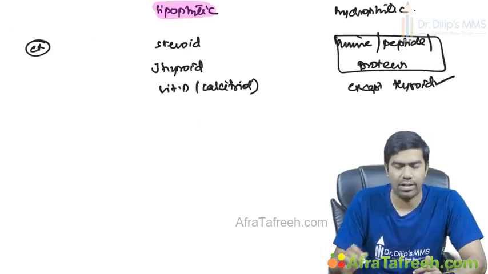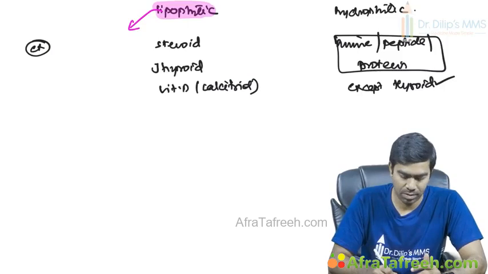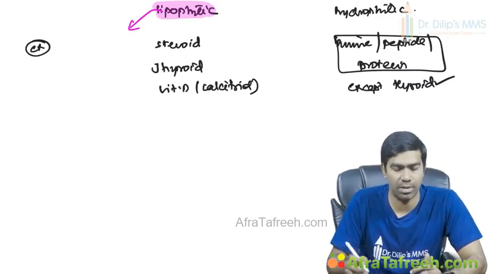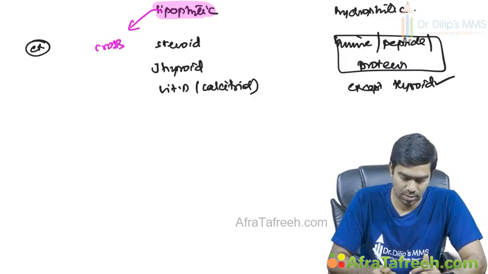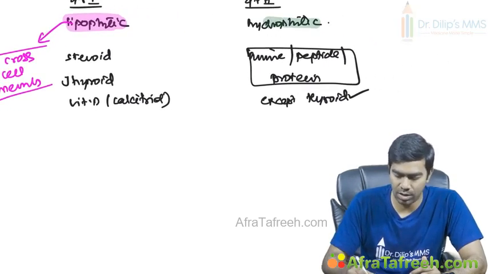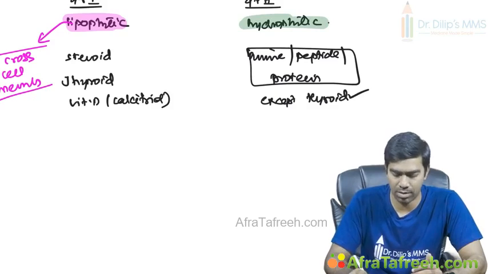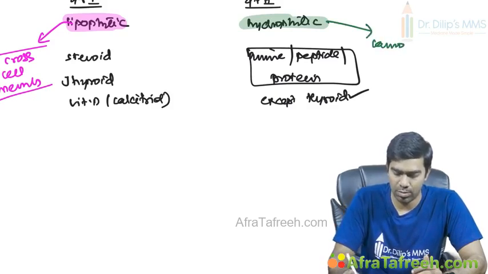Because they are lipophilic, that gives some important character. That is the case that they tend to be crossing the cell membranes. They tend to cross the cell membranes. But remember, these hydrophilic hormones, because the cell membrane is made of a lipid bilayer, if they are not lipid soluble, they cannot cross the cell membrane. These hormones cannot cross the cell membrane.